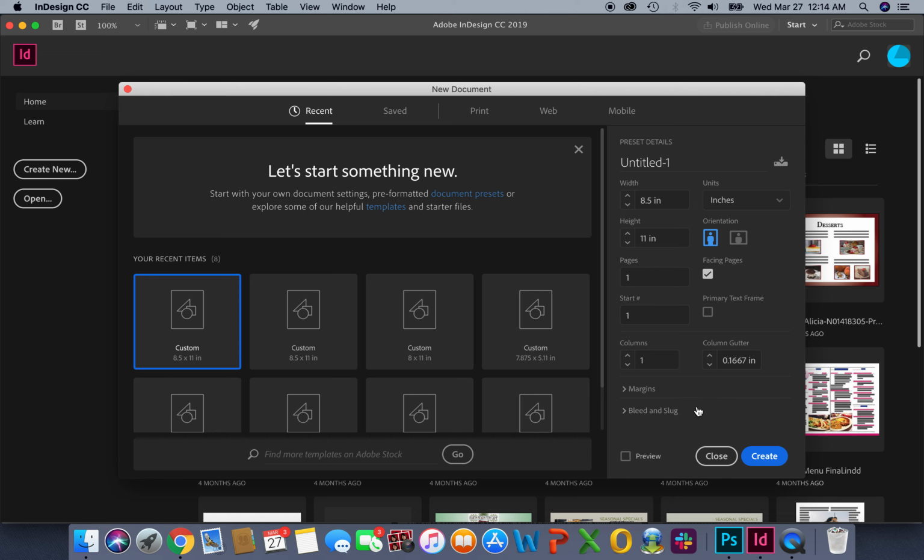this dialog box is going to open up for me. I want it to be 8.5 inches wide, 11 inches in height. I want it in portrait orientation. I'm going to have 2 pages total. I want them facing pages. My start page is going to be 2, and